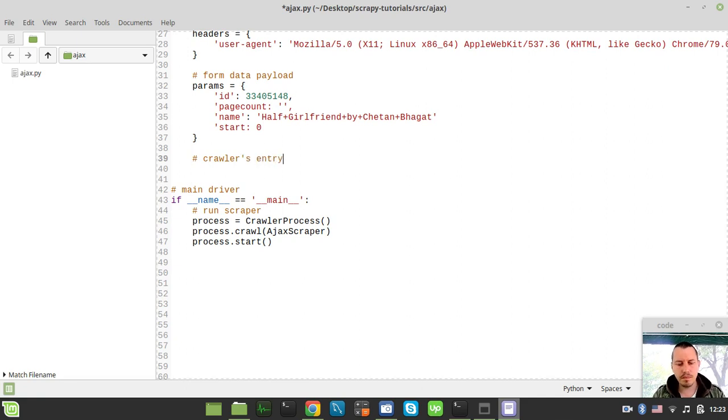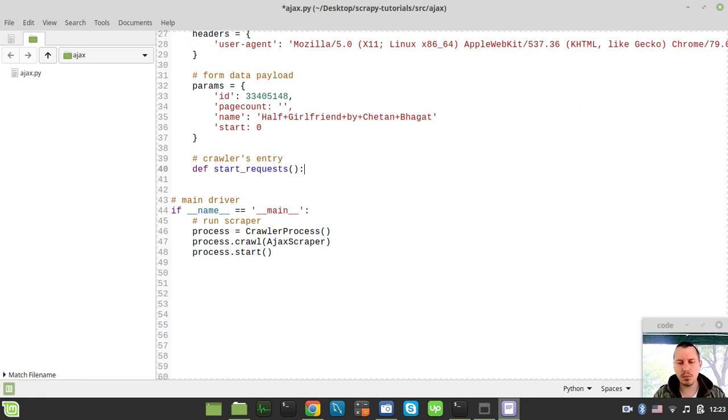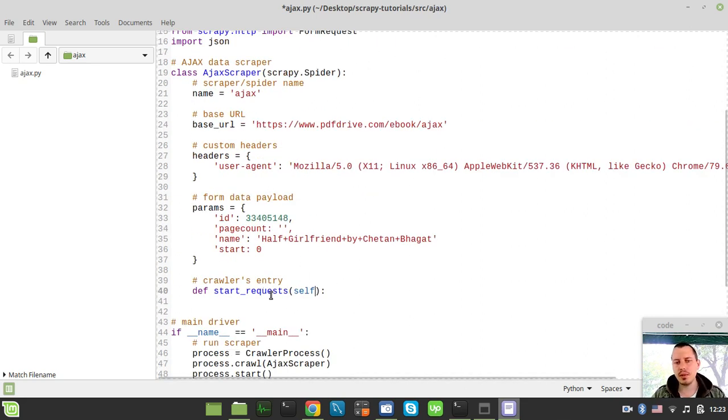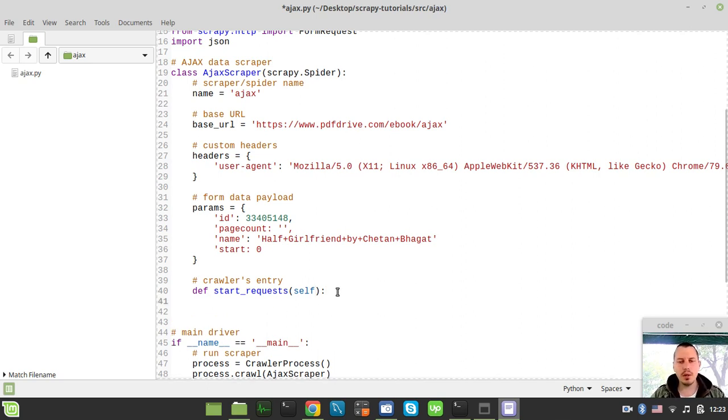Okay, and now it's time to provide what is known as the crawler's entry point. So we have a standard def start_requests method that would only take the self parameter, and that's it. And this start_requests method is the default crawler's entry point of the Scrapy spider, which we're inheriting from the base class. So here, just for the testing purposes, at the moment, I will just mimic